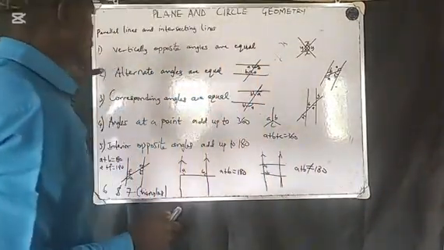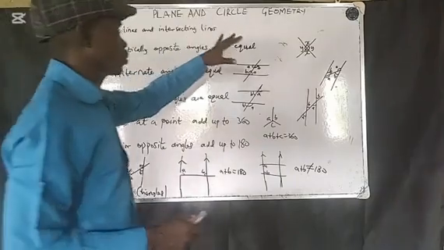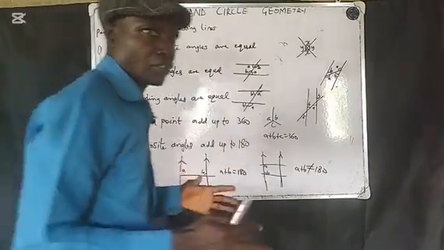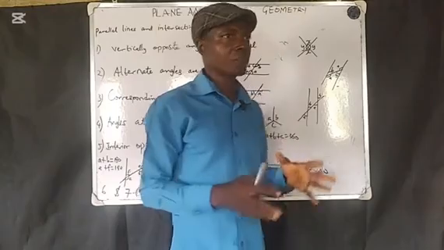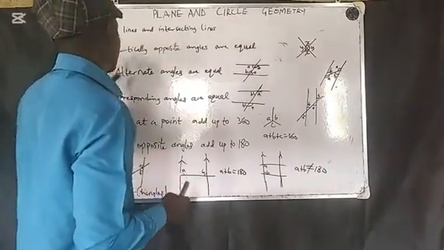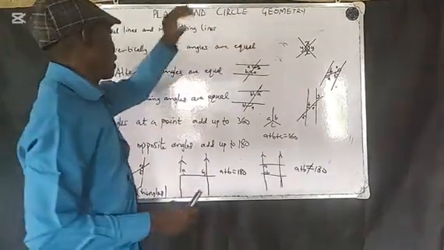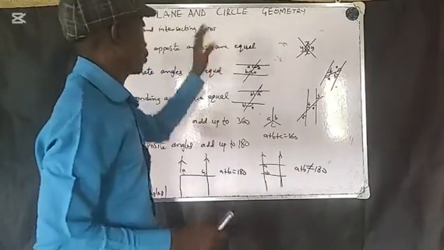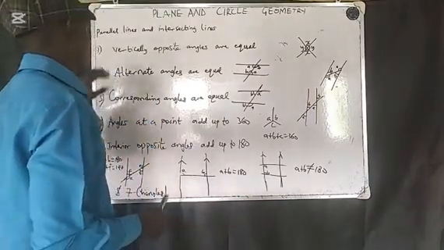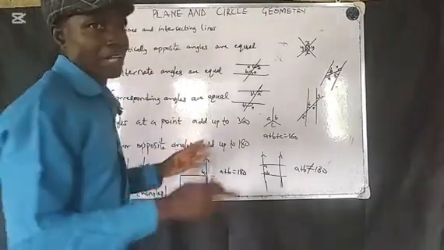So we are going to see some theorems of plane geometry. Circle geometry is separate, but we are going to treat plane. In explaining plane geometry, we need to know about parallel lines and intersecting lines. These intersecting lines are also called transversals. Whether you call them intersecting lines or transversals, the first theorem, or rules, under plane geometry we are going to look at